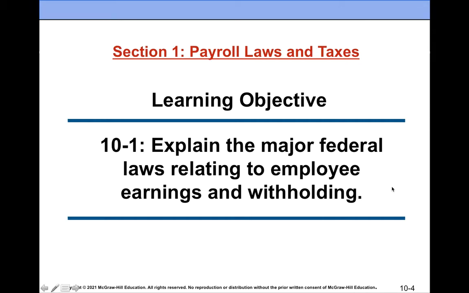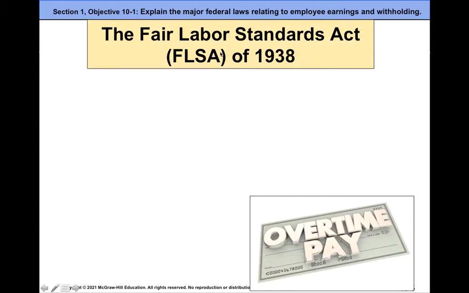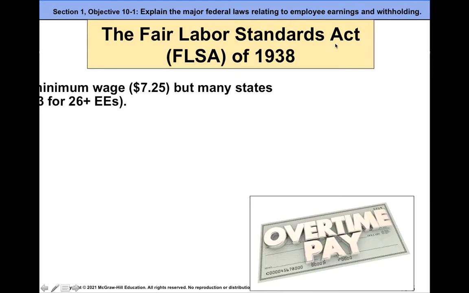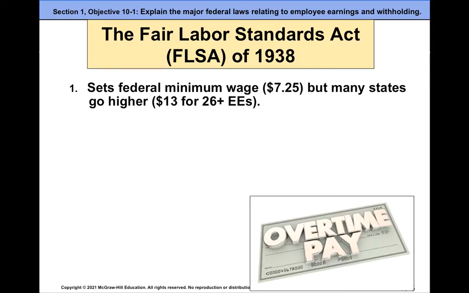Okay, explain the major federal laws that relate to employees' earnings and deductions, or withholdings. This is the major law. It's called FLSA, the Fair Labor Standards Act. And guys, your textbook is somewhat confusing here. There are 4 provisions. This law doesn't cover every company. Usually it covers companies with 20 or more employees,